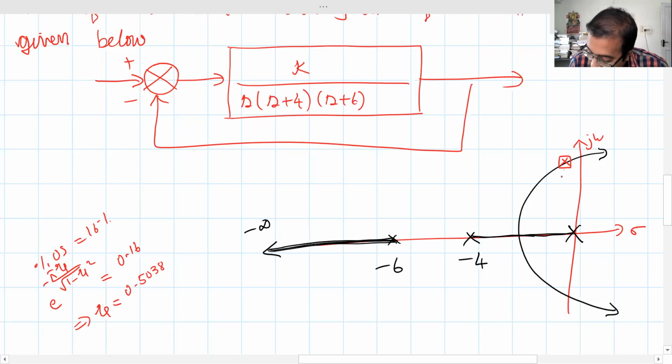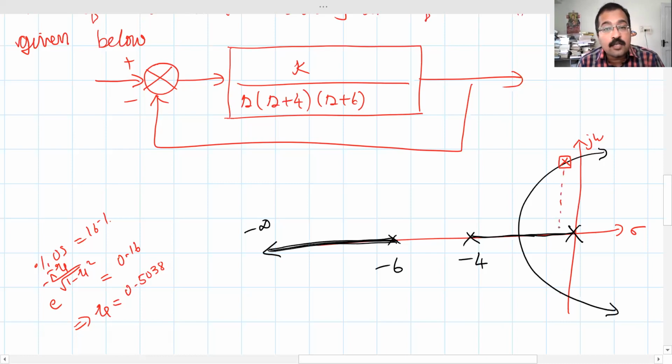Right. So now we can identify our dominant pole. There will be a symmetrical complex conjugate one located here. We will not consider that for the time being. You can consider either this pole or its complex conjugate, only one. No need to bother about the other right now. So this is one of the dominant poles. What's the real part?